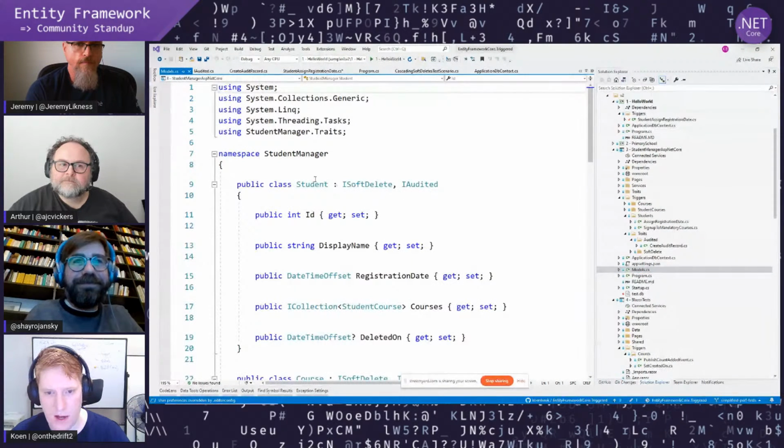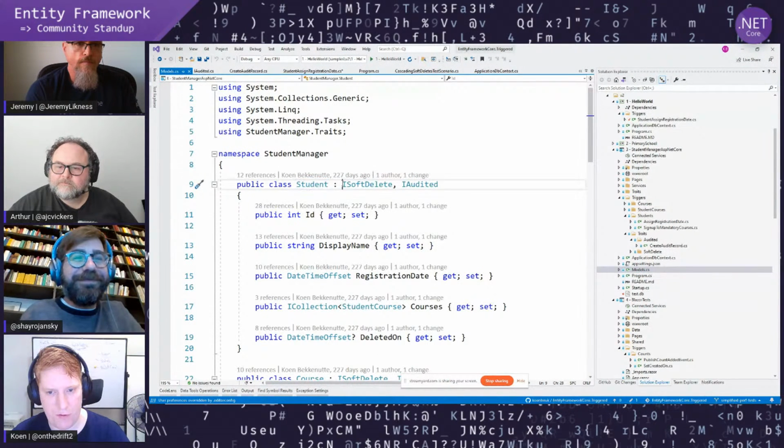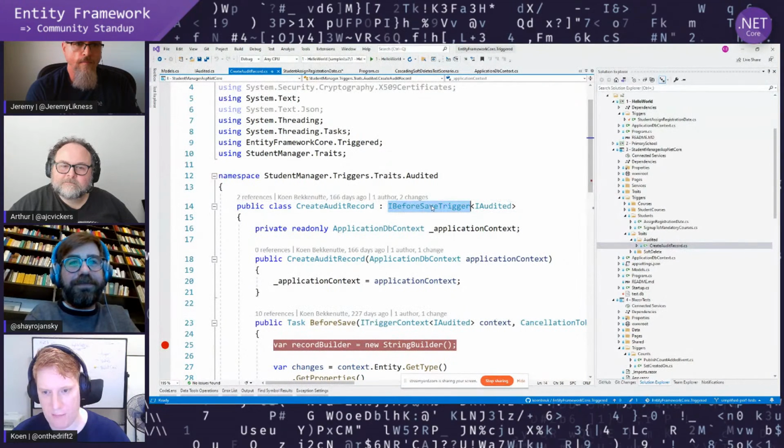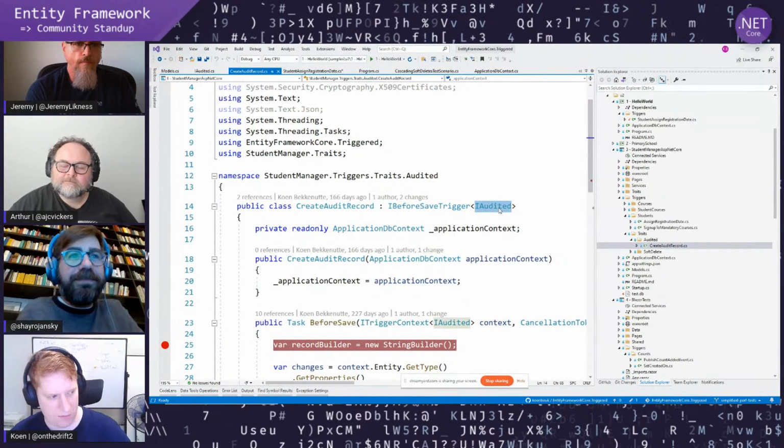Here I have my student, for example. My student is ISoftDelete and IAudited. So my student is audited. What this means is I have a trigger. It's a very simple trigger, an IBeforeSaveTrigger. When I get something that is audited,